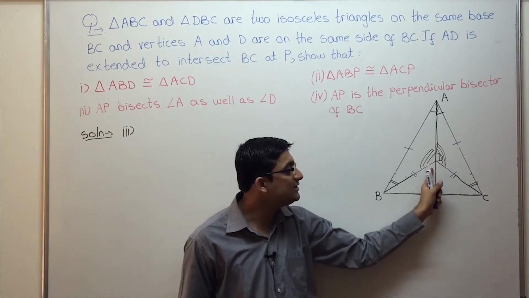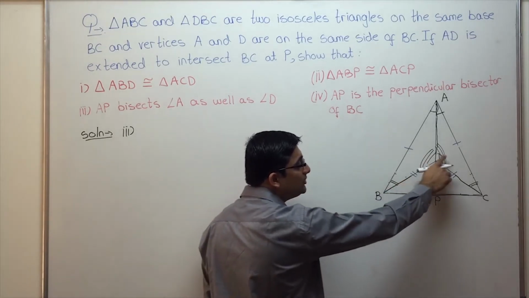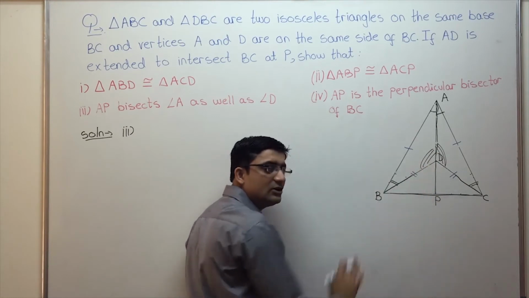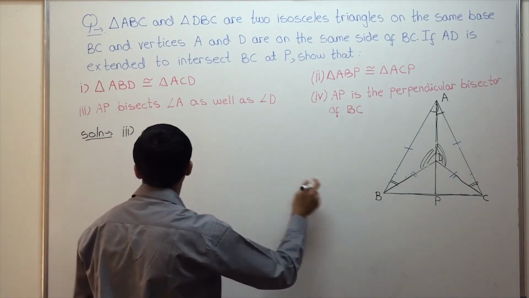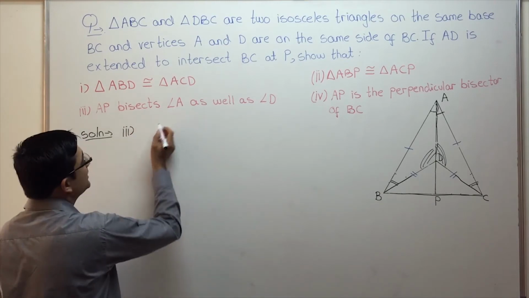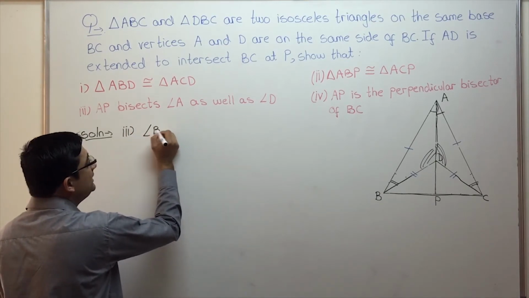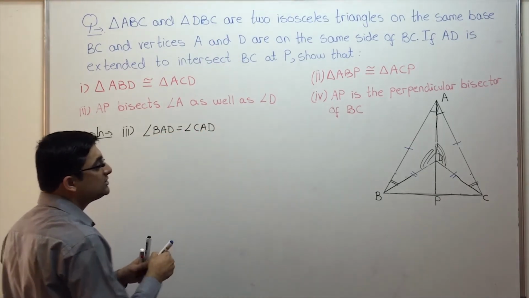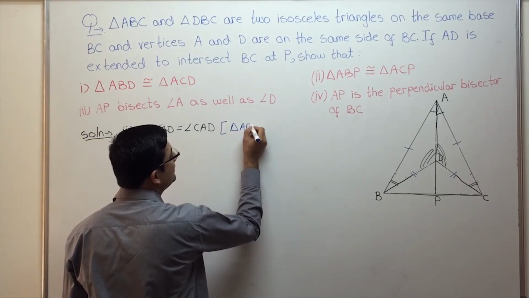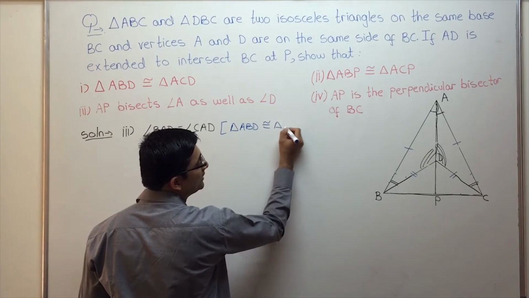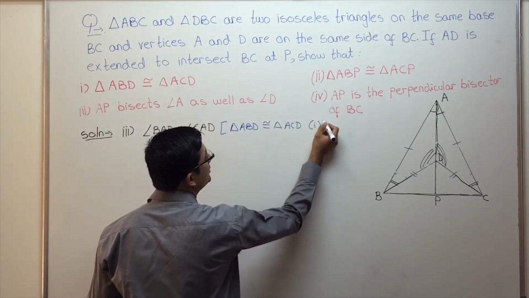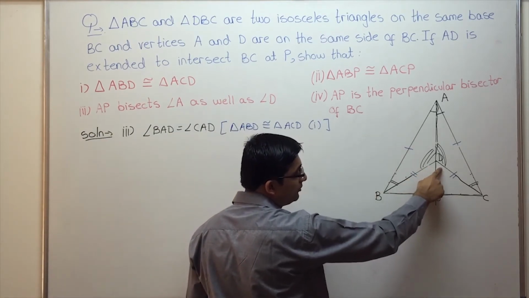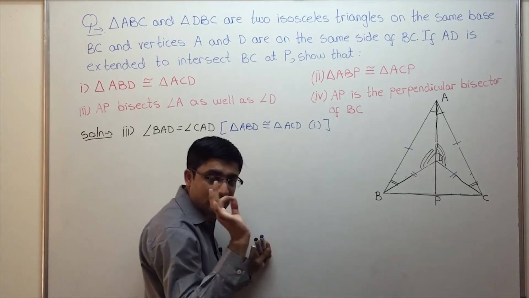So now how do we show these two angles to be equal? We have already shown these two angles to be equal. Now this over here is a straight line. These two angles form a linear pair. So we can show it easily. Let me show you how. So in the third part we'll prove that AP bisects angle A. See, we have already shown that angle BAD is equal to angle CAD. Why? Because triangle ABD is congruent to triangle ACD. That is part 1. So in part 1 we have already shown that these two angles are equal. Now we have to show that these two angles are also equal, right? So there are two ways by which you can do it. I'll show you both the ways.